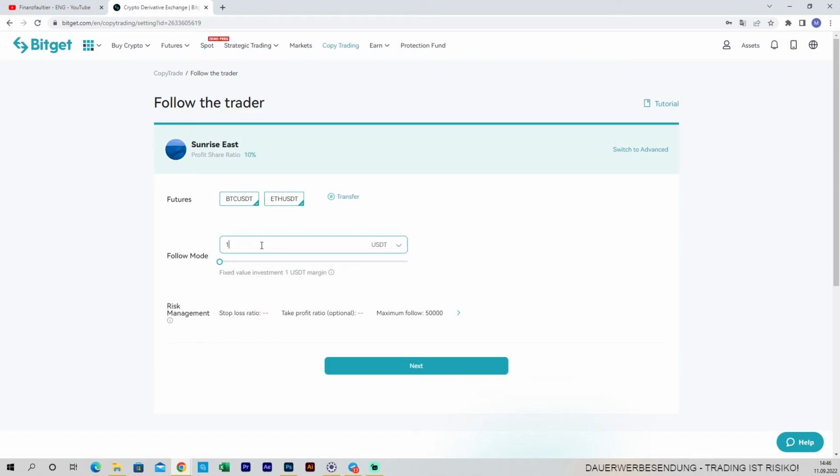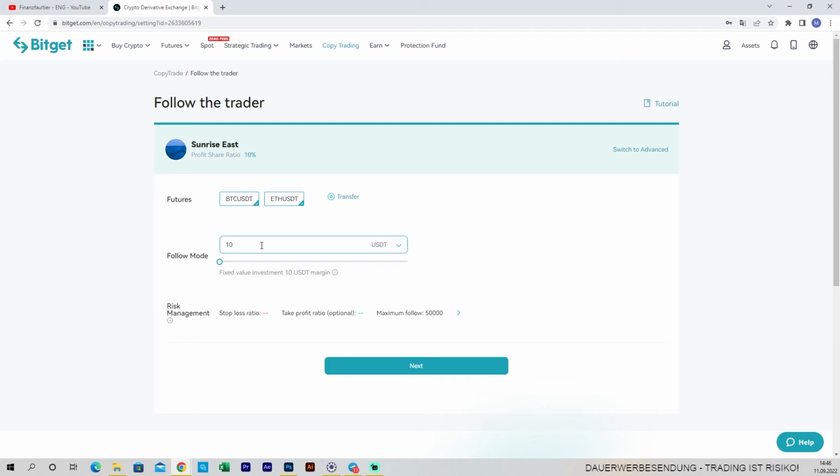So I put in 10. I go very low per trade because they will open up many trades, especially if you follow 3, 4, 5, 6, 7, 8 traders. You know, $10 is by far enough. And with them opening up leverage like 20x, 10x, 5x, 3x, 22x, 50x, and so on, those $10 are worth like 200, sometimes 300, sometimes 500, depending on the trade. And it will give you enough volume, trust me.